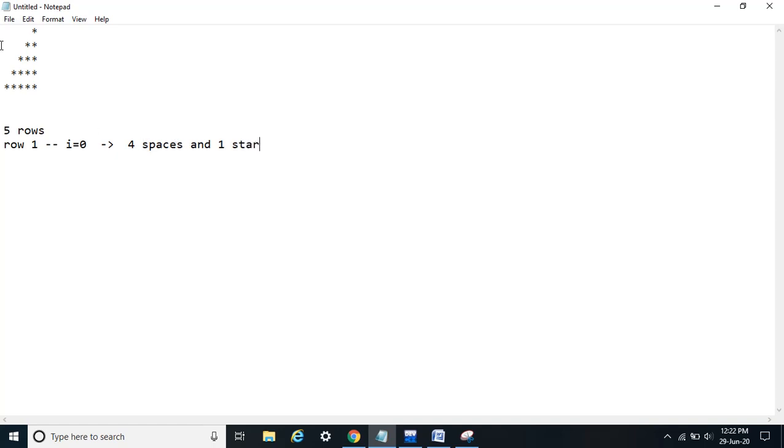Now let's see the second row. We have 3 spaces and 2 stars. So yes, in row 2, or when I is equal to 1, we have 3 spaces and 2 stars.